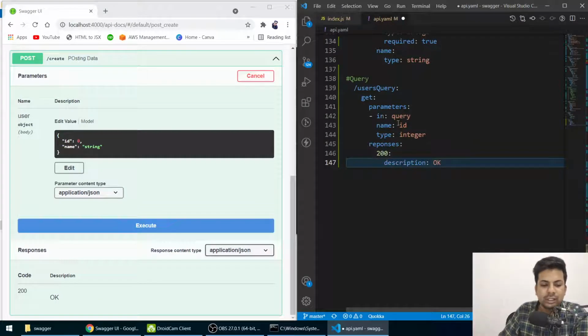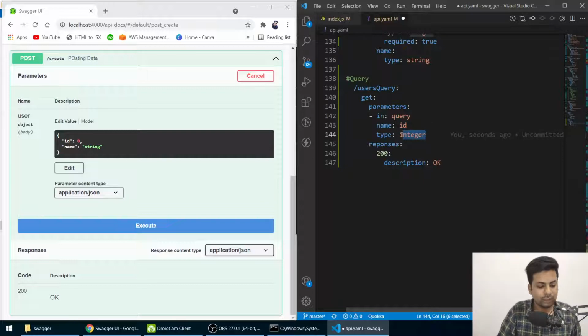So basically I'm sending the id in the query, the name should be id, and it should be an integer, okay. So I'll receive an id.